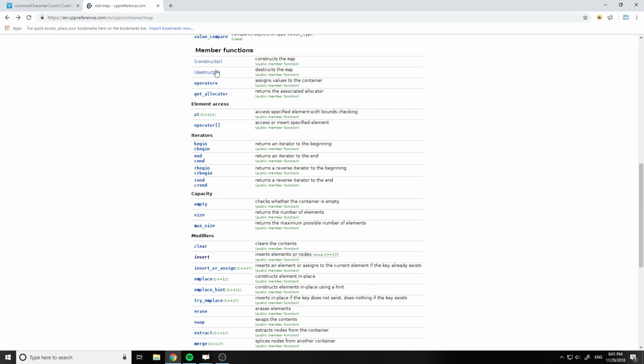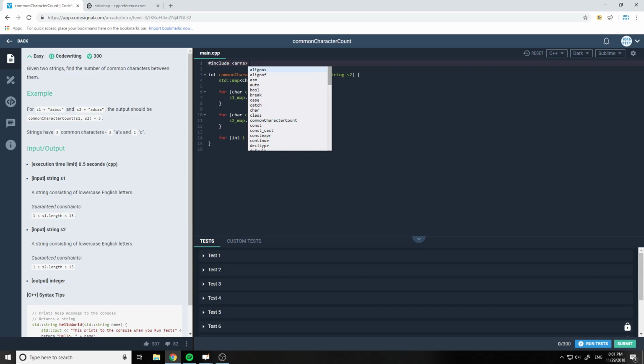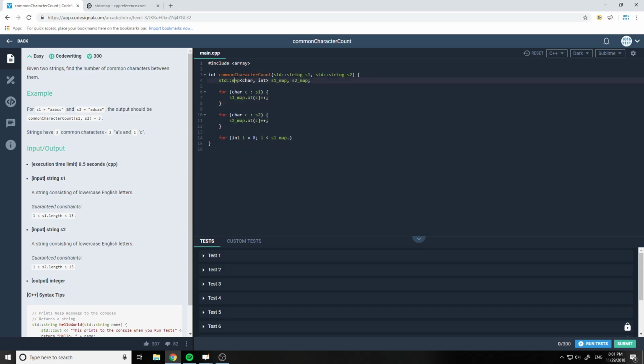Okay, let's just do this then. Instead of maps, I'm going to use an array. std array. Yes, there is an std array. You can also use a normal array. I don't know what you want to call that. And it'll just be ints. These ints will hold our